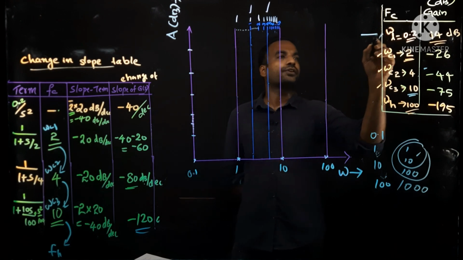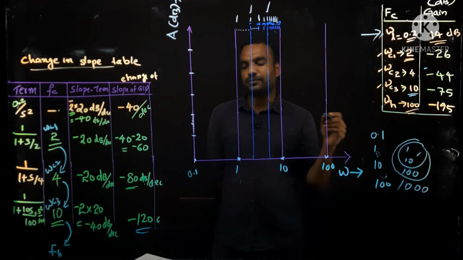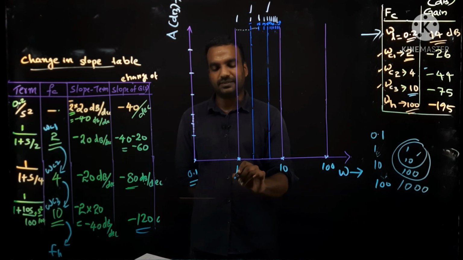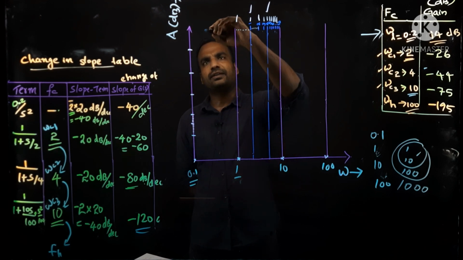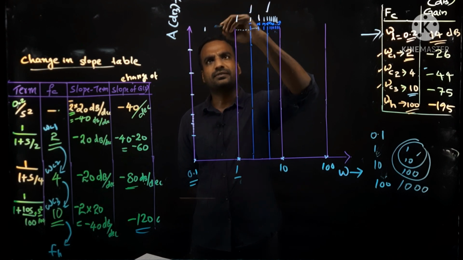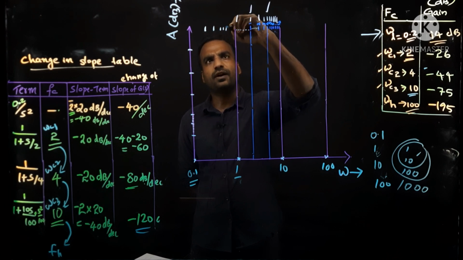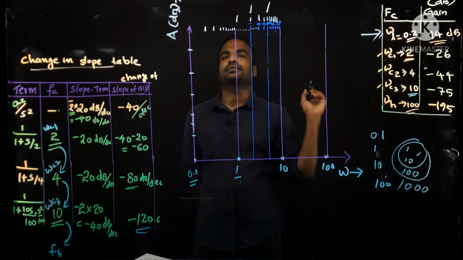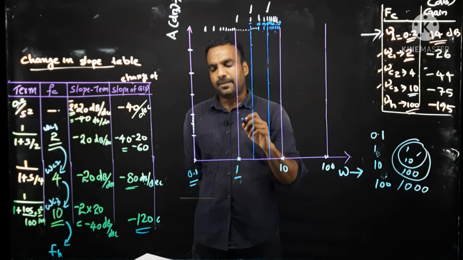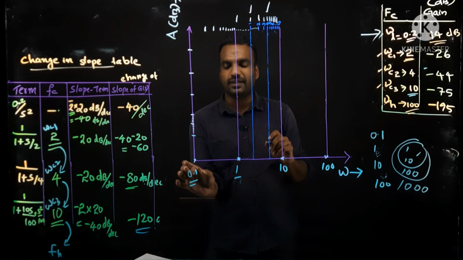So, which is the first frequency? We are taking omega L, that is 0.2. Omega L is 0.2. 0.2 means it lies between 0.1 and 1. We may have 10 subdivisions like the previous case. The first division will be here somewhere, then the second division, third division, 4, 5, 6, 7, 8, 9, like this. Non-uniform, exactly like this.